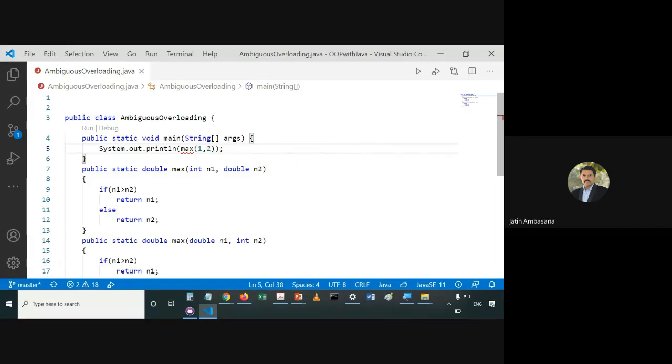So since it is possible, this max(1, 2) can call this declaration, and it can also call this declaration. So now the question arises: which one to call? The compiler gets confused.